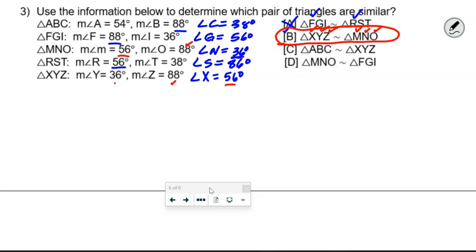Okay, now let's double check and make sure that on this last one it's not. So A is 54 and X, I'm talking about A here and X there. Okay, A and X. A was 54 and X was 56, so definitely not, right? Okay. And then M was 56 here, and F was 88, so definitely not this one either, because again, if the letters don't map to each other, y'all, that's not the right answer, okay? All right, here's